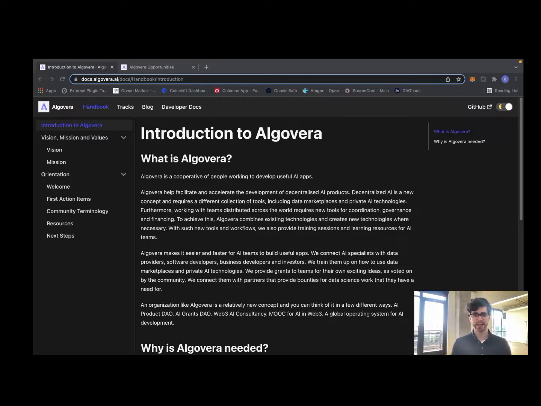So what we're going to look at today is how to get involved with the Earn track, whether you're joining the community for the first time or you've been in the community for a while and you want to start exploring paid opportunities. The first thing we always recommend when going through the Earn track is starting with our introduction